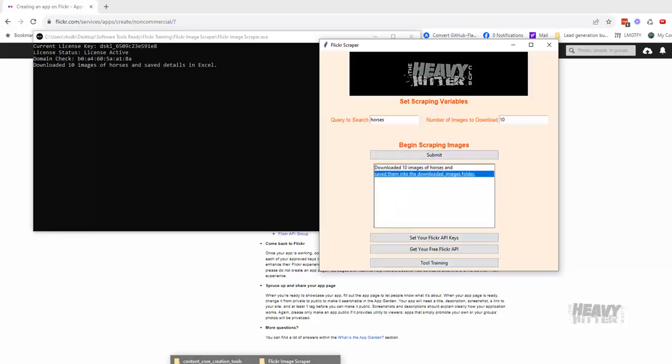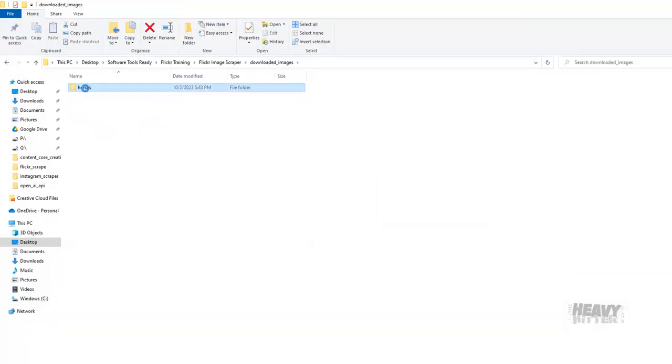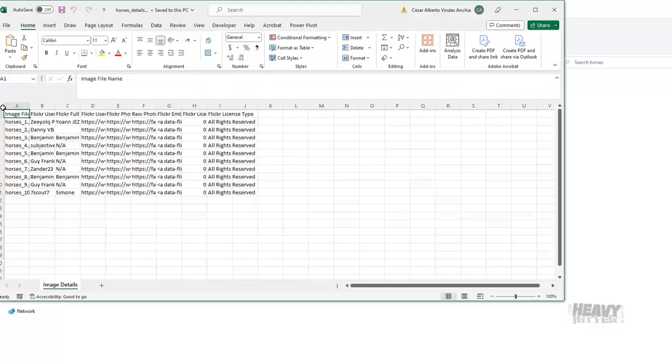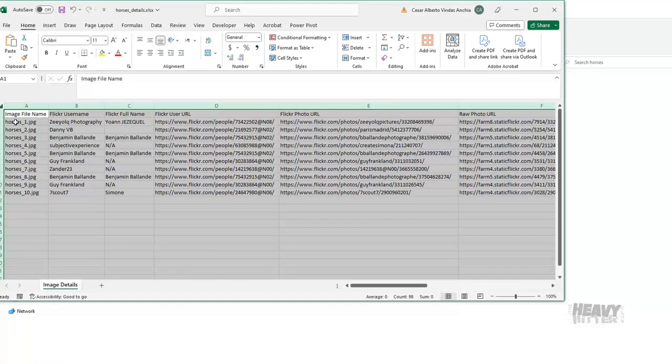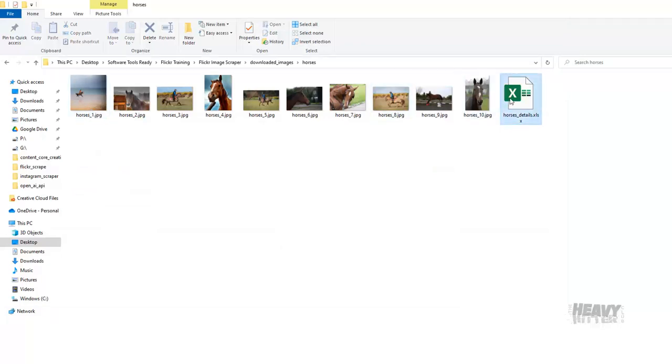So now if we go back to where we had our program, you can see it created a downloaded images folder. Open that. There's a folder for horses. Here are the pictures that were scraped, and then in here is the details of those pictures. So you can see it lines up. Horses, so the horses one. So if you look here, horses number one. So that picture there